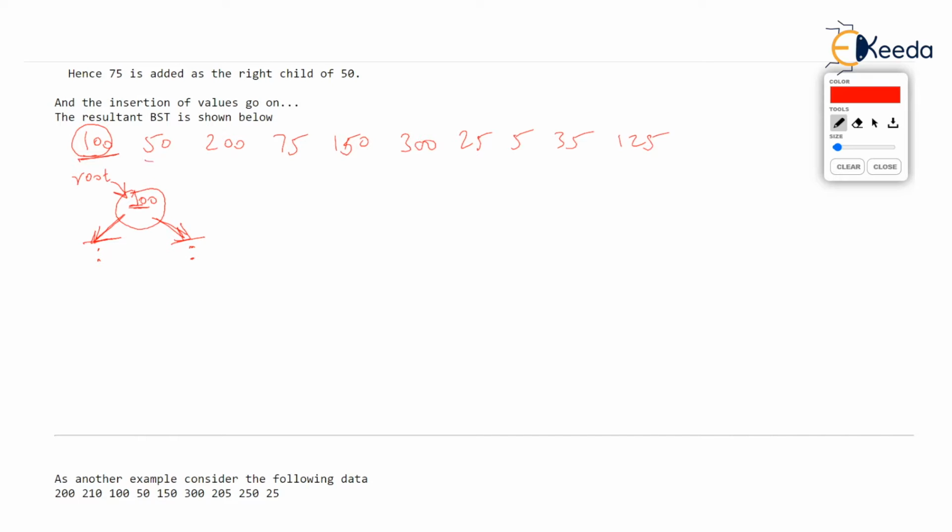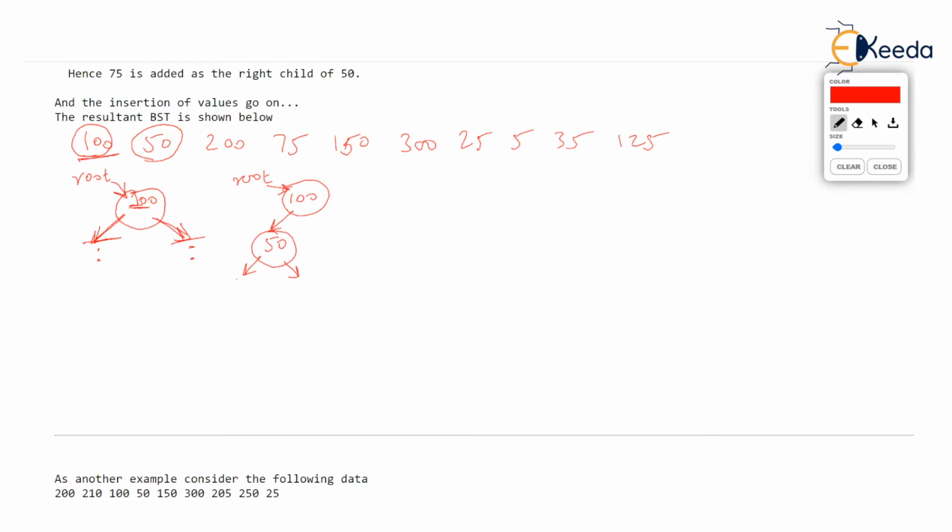Now let's take the second value, 50. Now where should 50 go in the current tree? In the current tree, 50 should go to the left of 100 because it is less than 100, correct? So the tree we now get is 100, to which root points. The root pointer points to this node. And recall, the left pointer of 100 was null in the earlier picture, but now there is a node created which stores 50. Now this 50 will also have two pointers, left and right, isn't it?